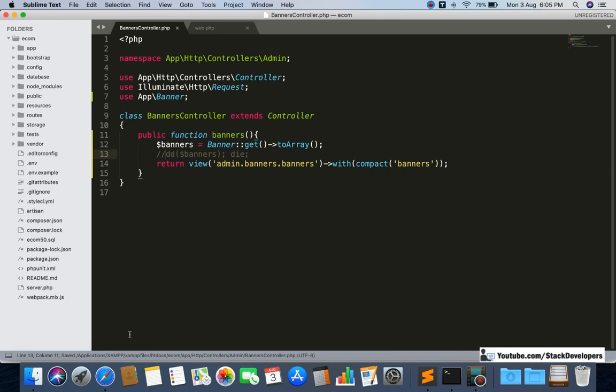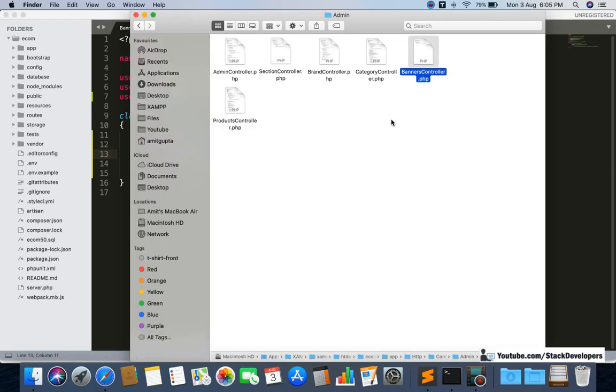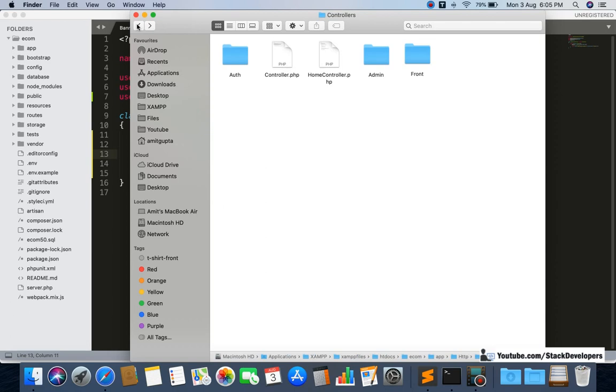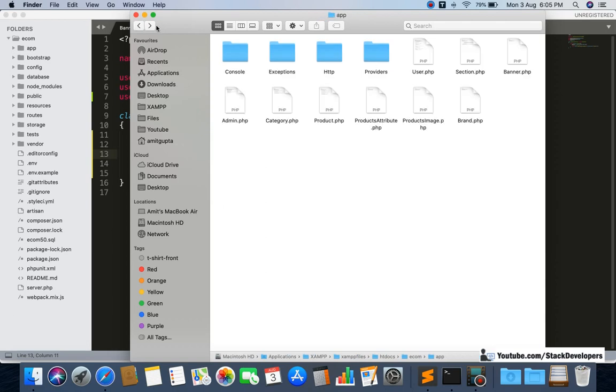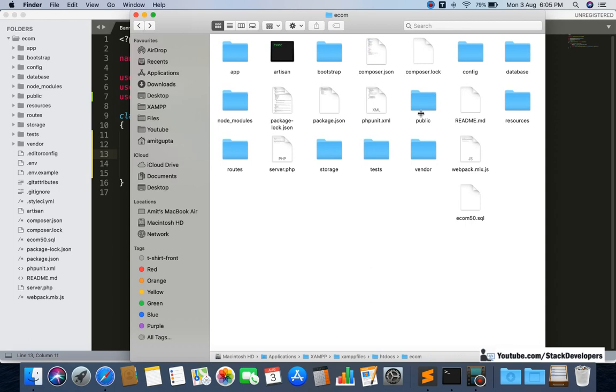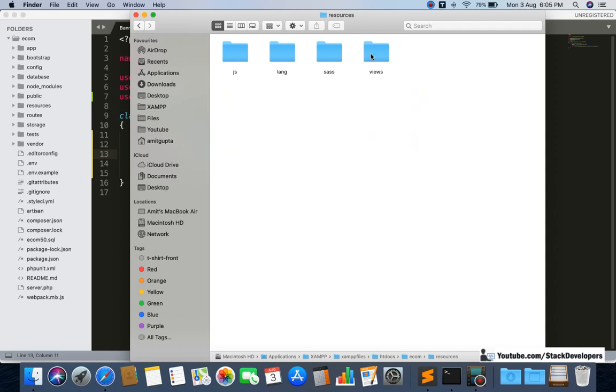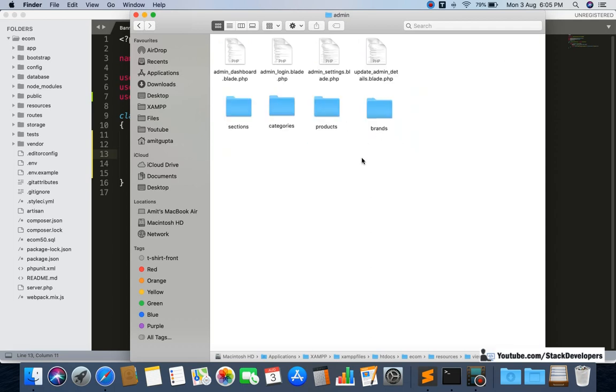This file we are going to create inside the banners folder, inside our resources views folder, resources views admin, and here we are going to create one more folder, banners, and inside this we are going to create one file.